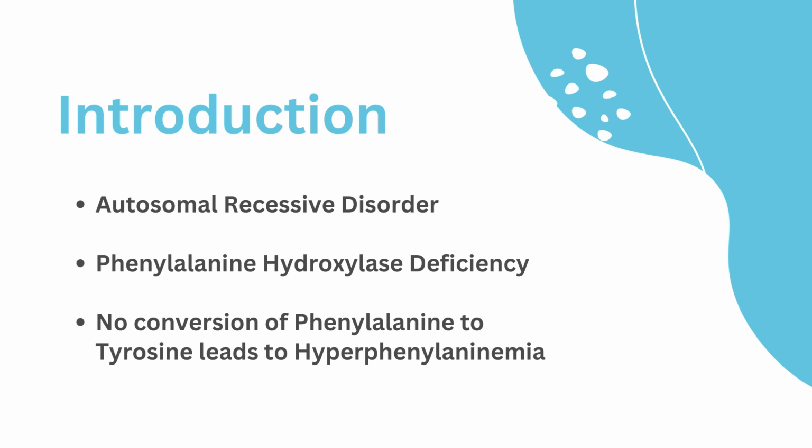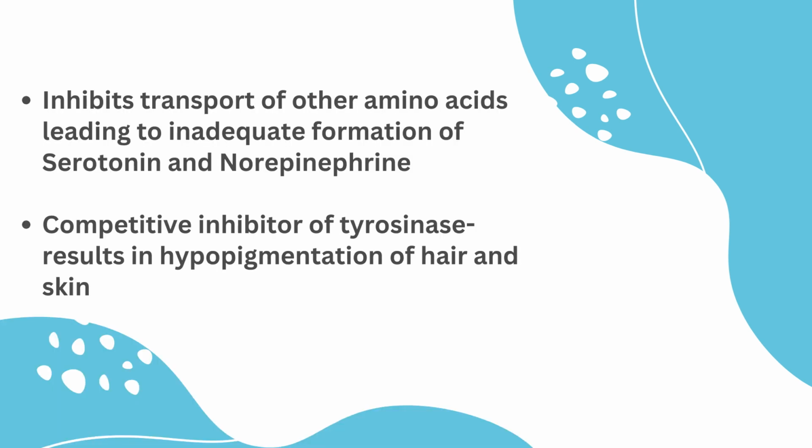Conversion of phenylalanine to tyrosine is defective in phenylketonuria and usually occurs due to a defect in phenylalanine hydroxylase. The accumulation of phenylalanine inhibits the transport of other amino acids required for protein or neurotransmitter synthesis, reduces synthesis, and increases the degradation of myelin, and leads to inadequate formation of norepinephrine and serotonin. Phenylalanine is a competitive inhibitor of tyrosinase, a key enzyme in the pathway of melanin synthesis, resulting in hypopigmentation of